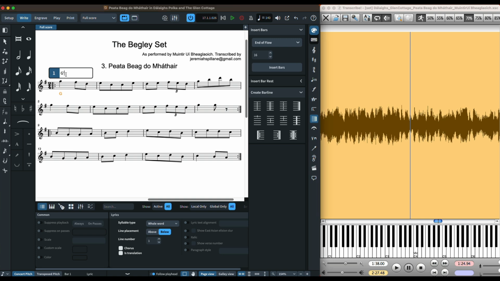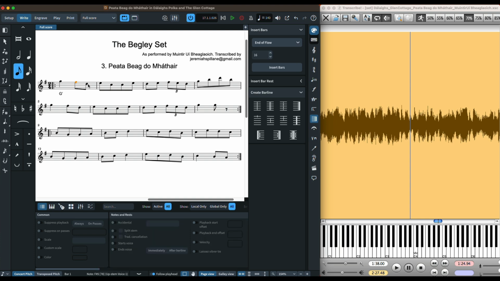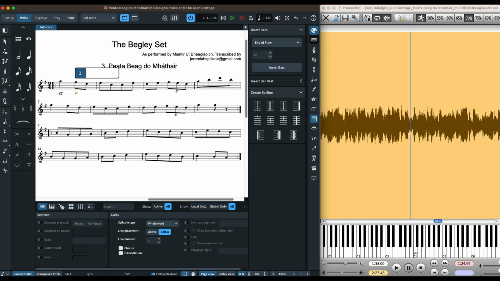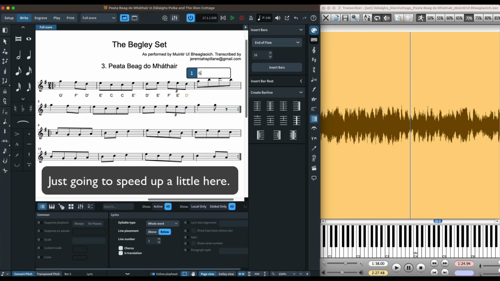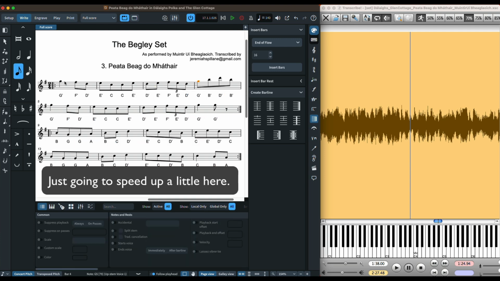a single inverted comma here to indicate that it's in the higher register, in the upper register. So I'm going to do that for everything above that D. So Shift L, F, single inverted comma, D, for the high D. It tells me that I'm in the second octave or the upper range. Okay,